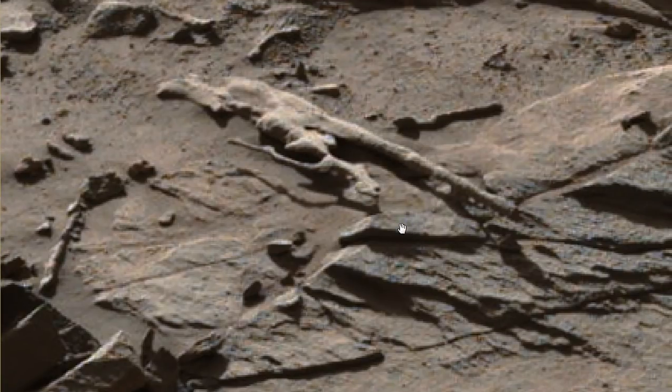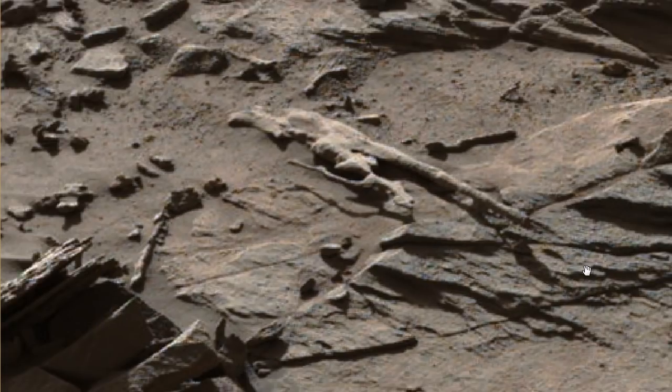Is my mind so wanting it to be some form of past life that it's showing me this little skull-type head with a horn that comes out and a body and a long tail? I don't know. I really don't, and I don't know what to think about it. Half of the faces and stuff we see on Mars is just our brain saying, hey, that looks like something. But then when you come to this that has other features,